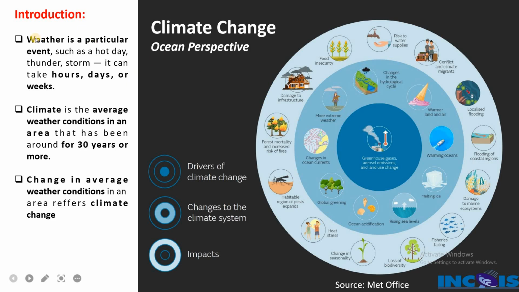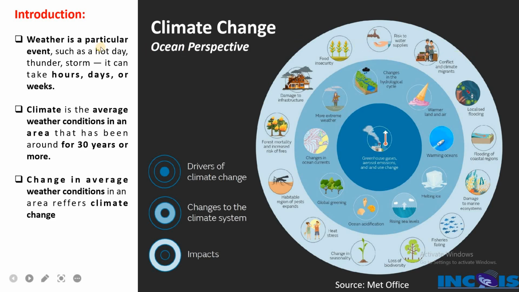But before going to that, I just want to tell you about one scenario: weather versus climate. Of course, most people in earth or atmospheric science might be fully aware of this. But I have seen many people say, today climate is very good, today climate is sunny, today climate is cloudy. Scientifically speaking, that is not correct. We always have to say today weather is sunny, today weather is cloudy, today weather is rainy, because